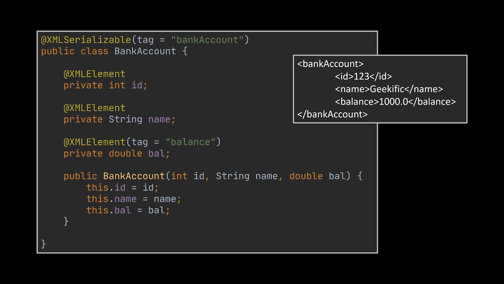So, given a certain class annotated with our custom annotations, when an instance of this class is created, we will have the ability to represent it in XML. The first annotation will be used on the class level to indicate to the compiler that our object can be serialized. Then we'll apply the second one to the fields that we want to include in the XML string.